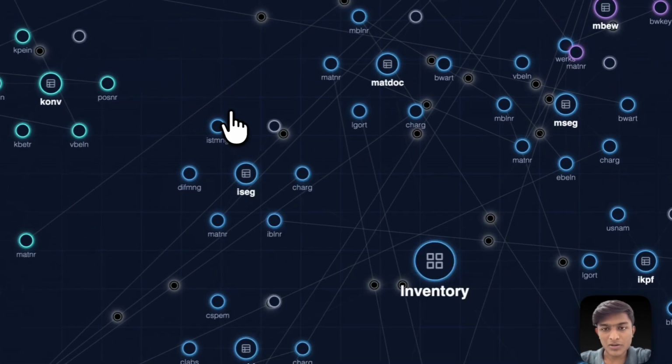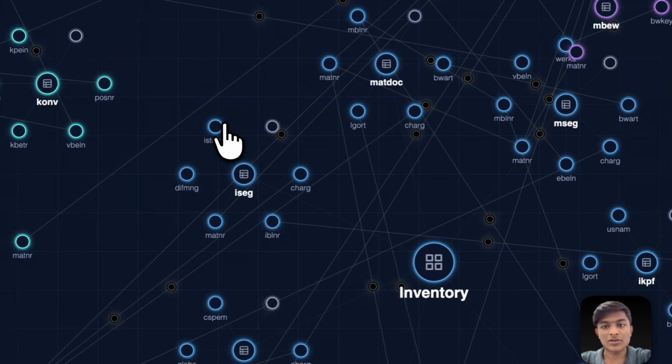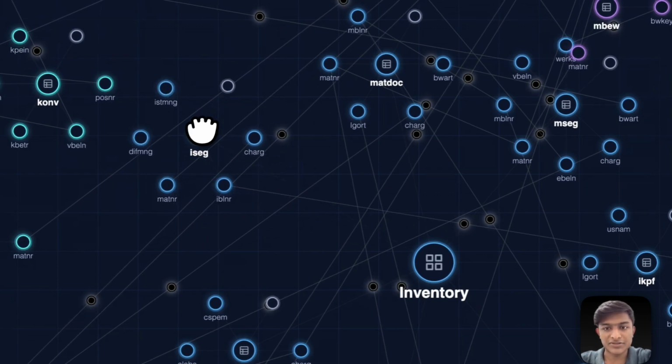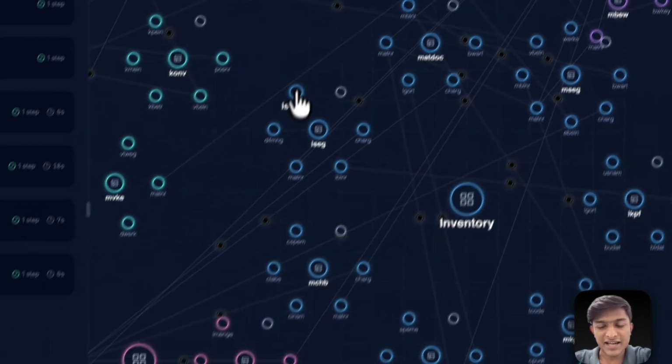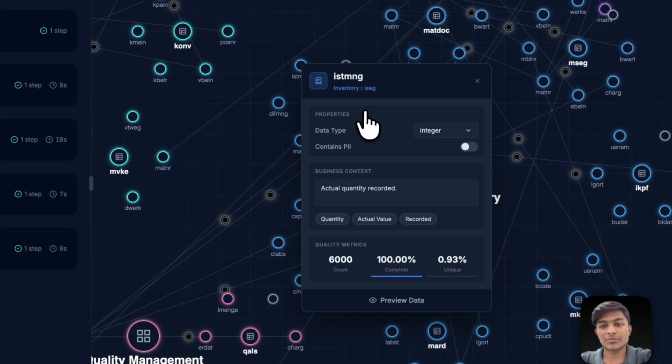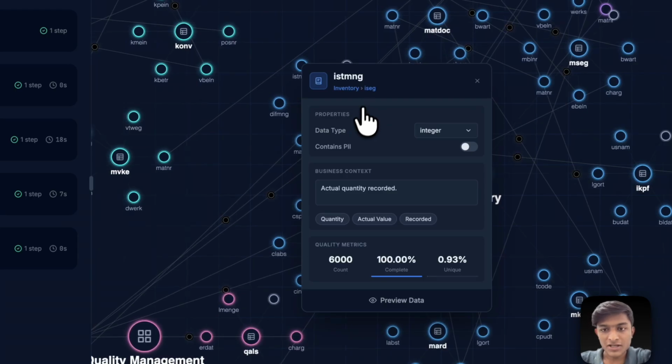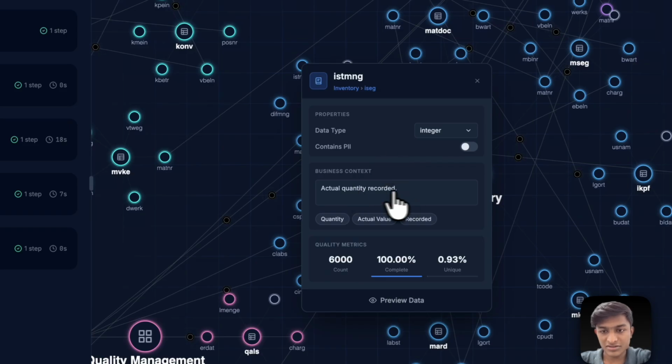Cool. Now, all of these other smaller nodes are the columns for that table. So you can see that those columns are attached to this particular table. So if you right click that particular node, now you can see the properties for that particular column. So this column is an integer column, and you can see the glossary that was generated for this column, the